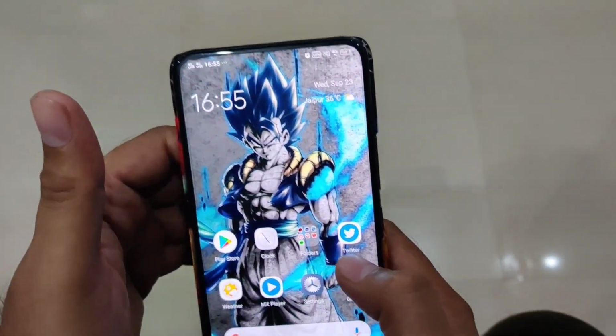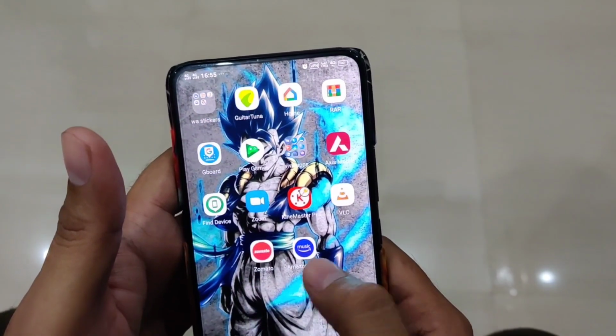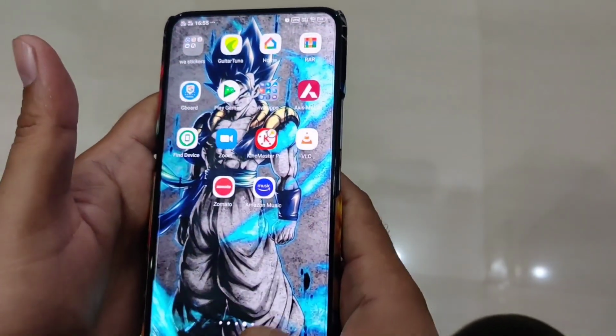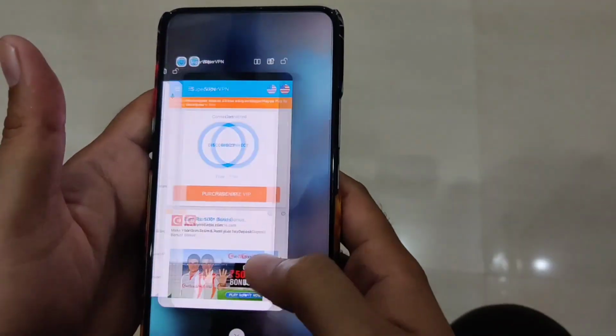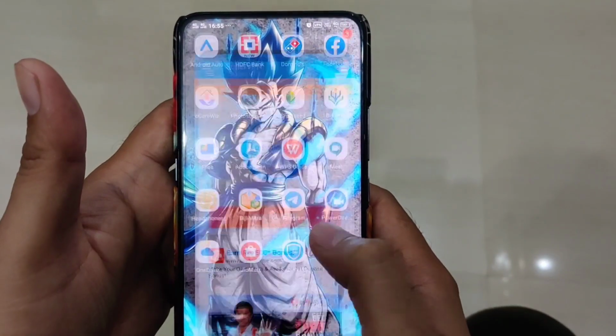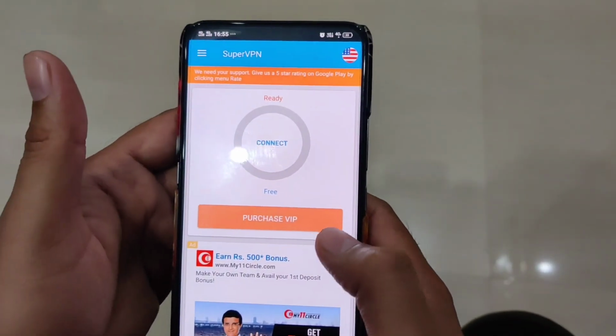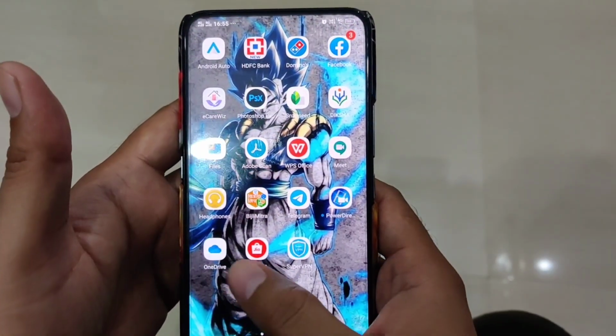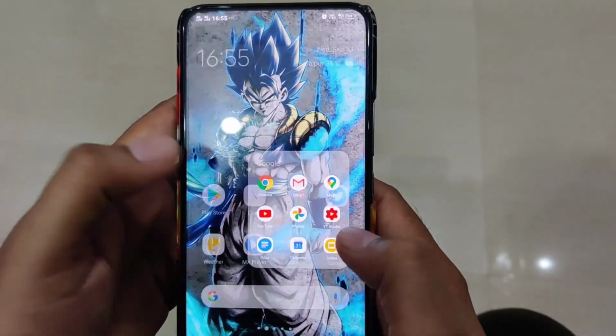Let me show you what will happen if I turn off that VPN. Let me remove that YouTube app from here, turn off this VPN, disconnect it, and open YouTube again.